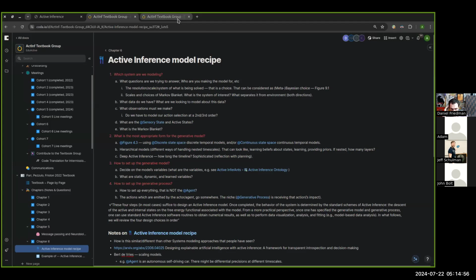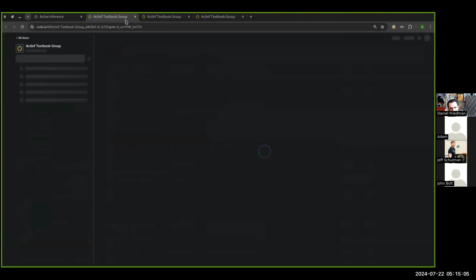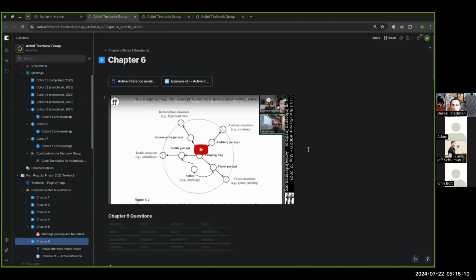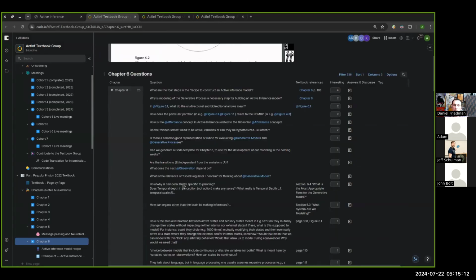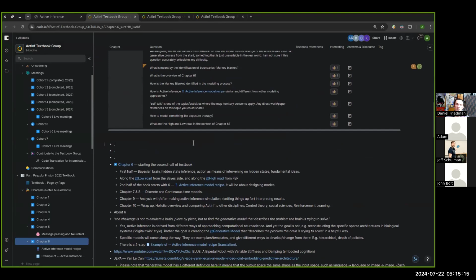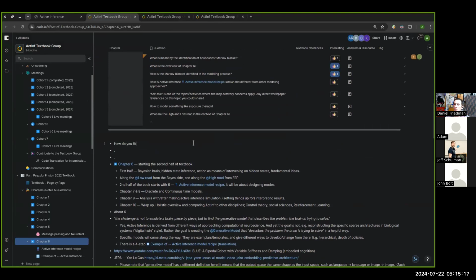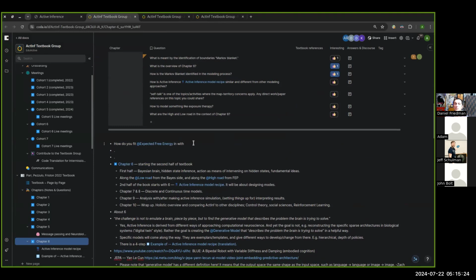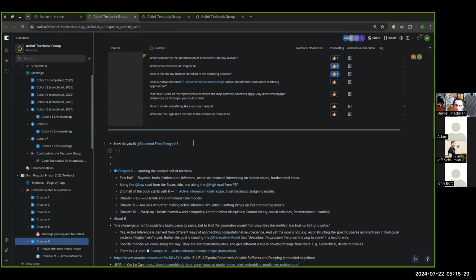But a question I've had come up, and maybe this is just from not seeing too many active inference agents implemented yet, is how do you fit expected free energy in with free energy minimization for the current state, versus looking into the future. It's not something I saw detailed a ton in chapter 6.